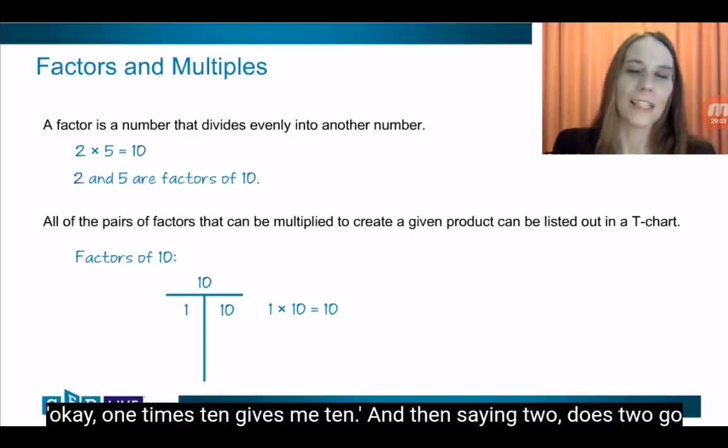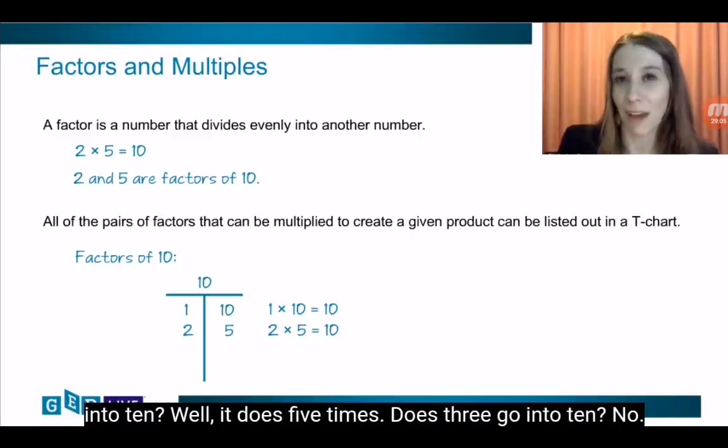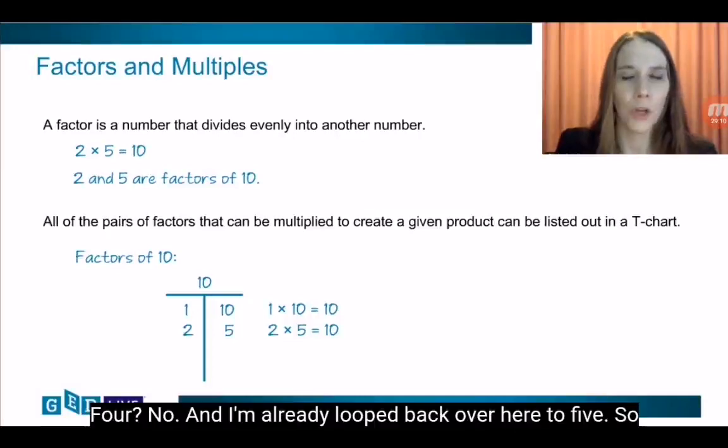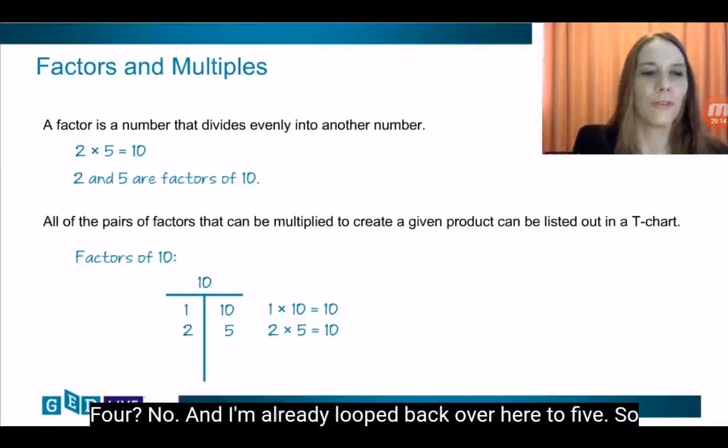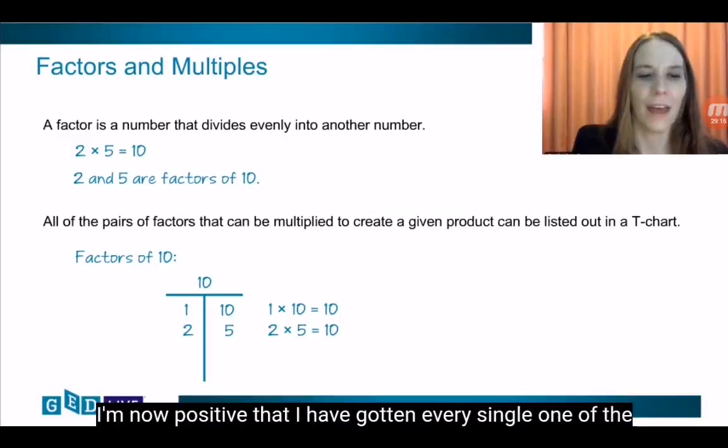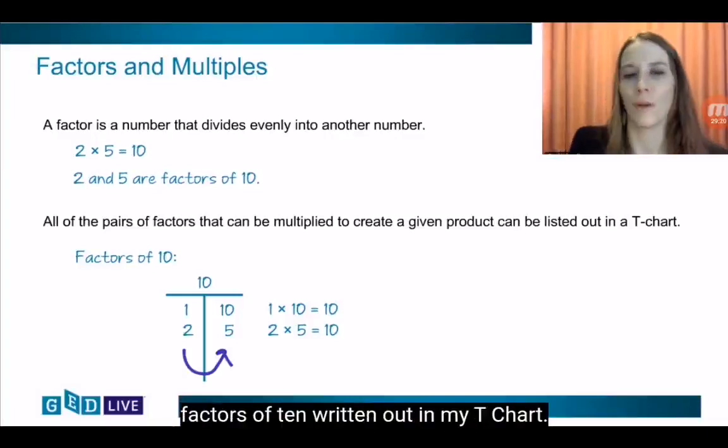And then saying 2. Does 2 go into 10? Well, it does, 5 times. Does 3 go into 10? No. 4? No. And I'm already looped back over here to 5. So I'm now positive that I have gotten every single one of the factors of 10 written out in my